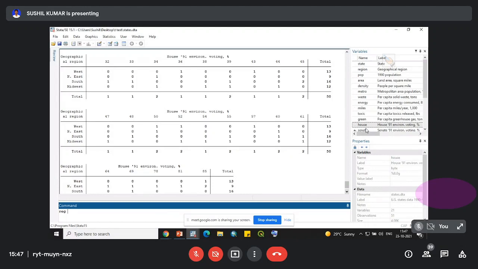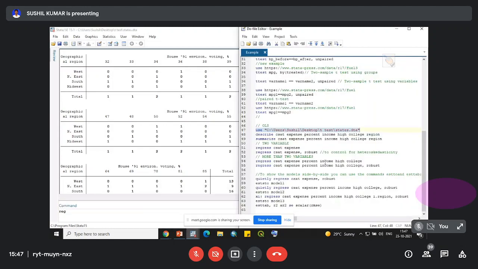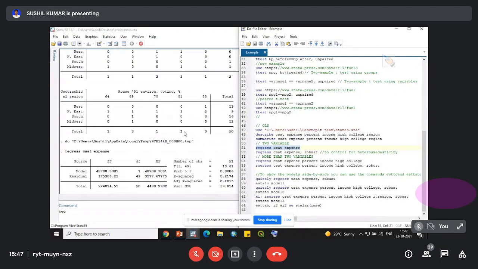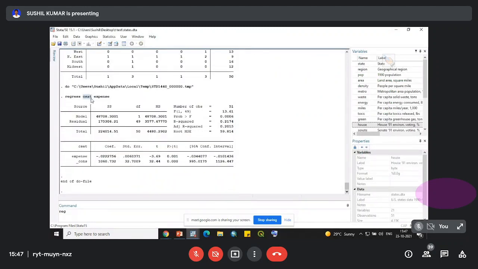We can take any dependent variable. Suppose I want to regress CSAT on expense. So I will regress this CSAT value on expense and run this. As you can see, Stata has given us the result. In this case, CSAT is our dependent variable and expense is our independent variable.